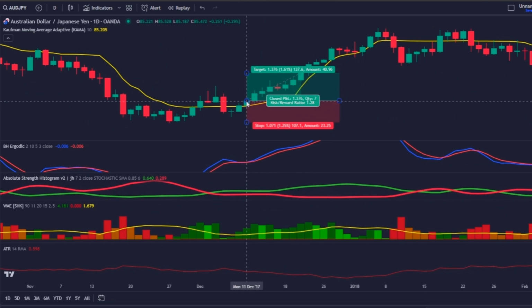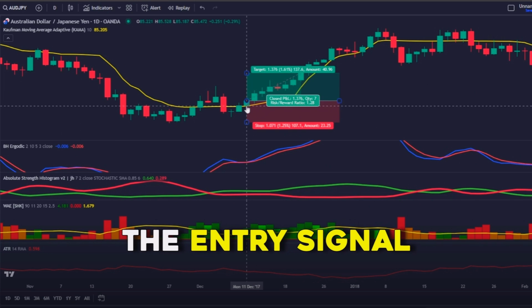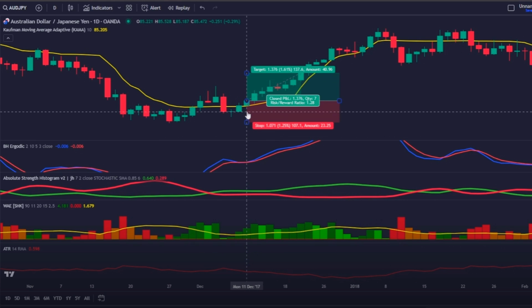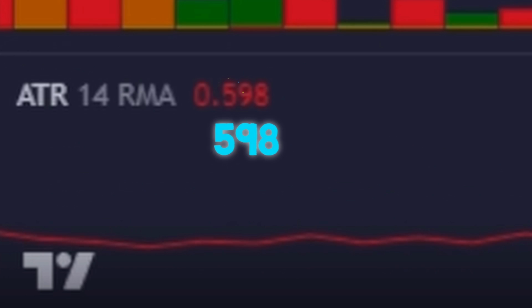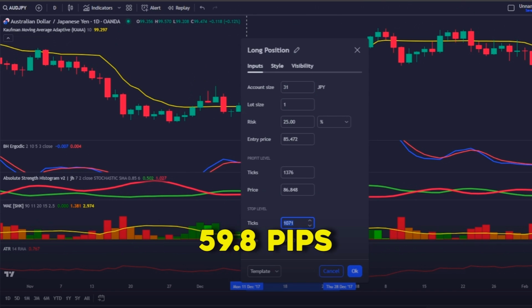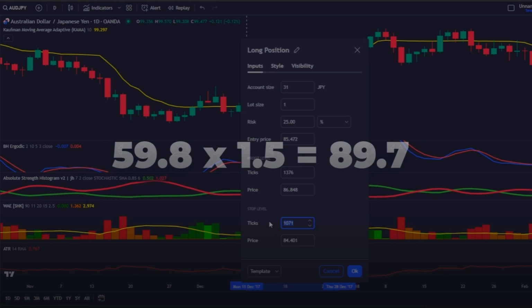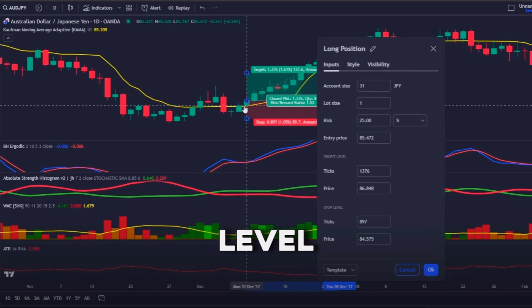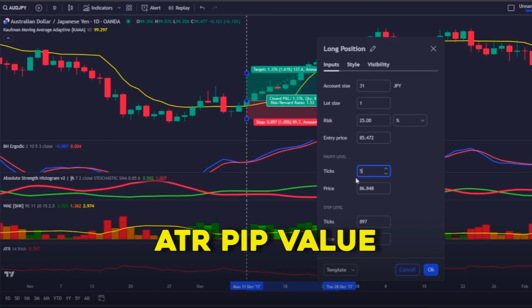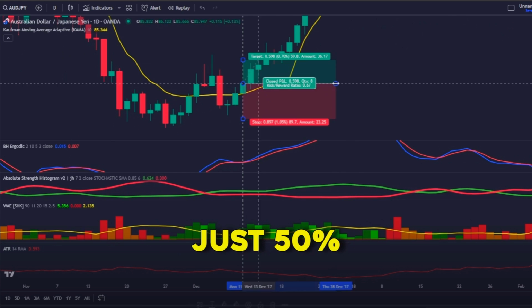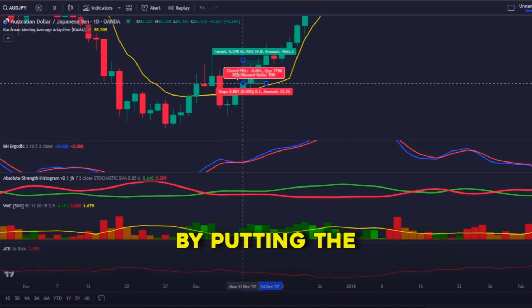To calculate the stop losses, you will need to multiply the number the ATR gives at the close of the entry signal candle by 1.5. In this valid long trade example, the ATR value at the close of the signal candle is 59.8, which is equivalent to 59.8 pips. And so, by multiplying it by 1.5, we get a stop loss of 89.7 pips. Then we will have a first take profit level on the zone equivalent to the ATR pip value, so a value of 59.8 pips, to close just 50% of the position